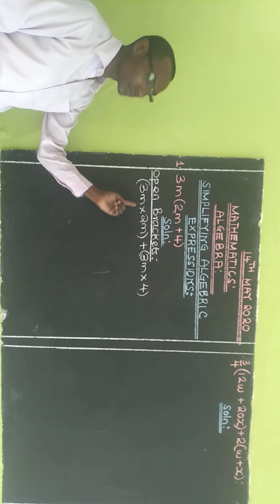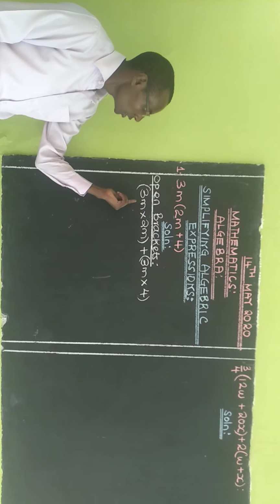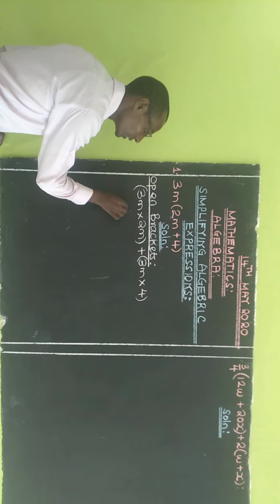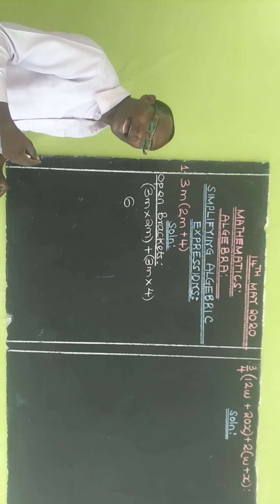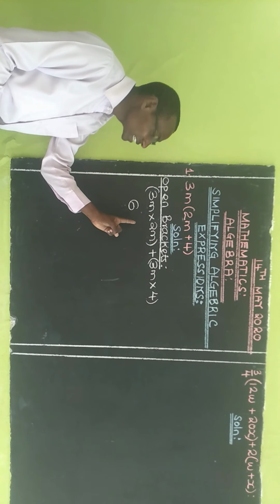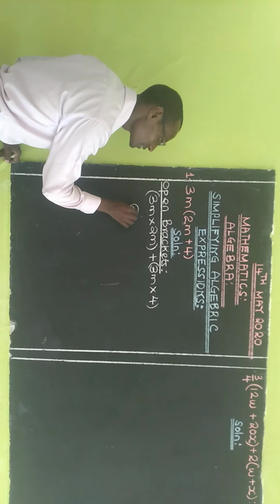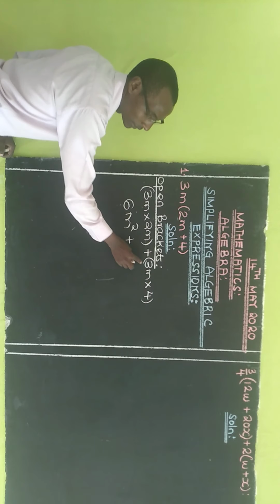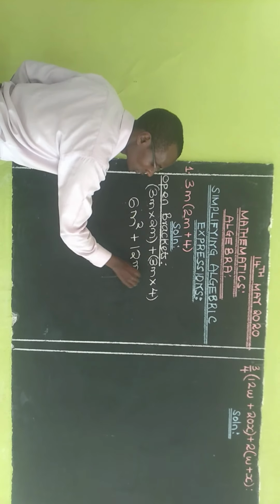Now, when you pick 3m times 2m, the rule that we say during multiplication of algebraic expressions, you only multiply the coefficients. So when you take 3 times 2, you will get 6. But m times m, I said when you multiply similar algebraic terms, you raise them into power, depending on the number of times that the algebraic term has been raised. So m times m gives you m squared, then plus, here we have 3 times 4 gives you 12, and then we have m to give you 12m.